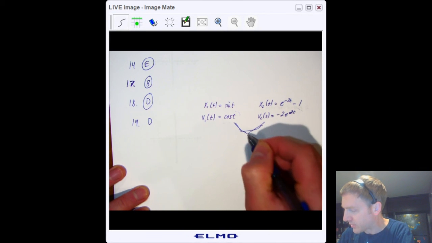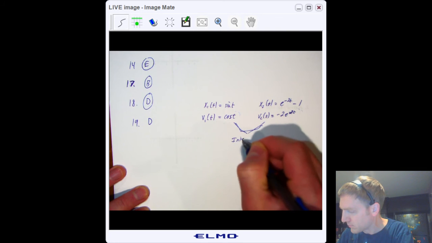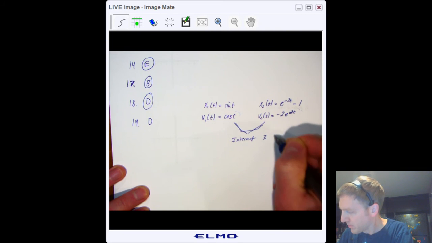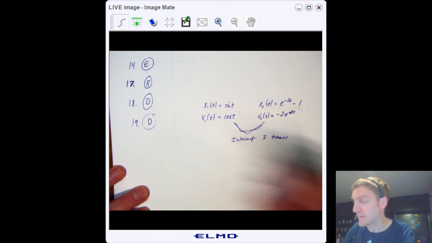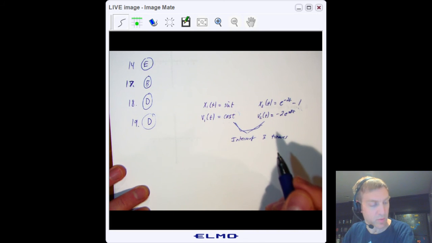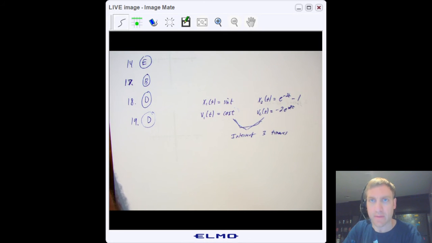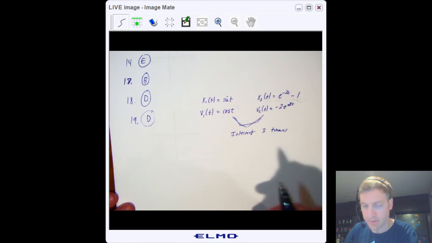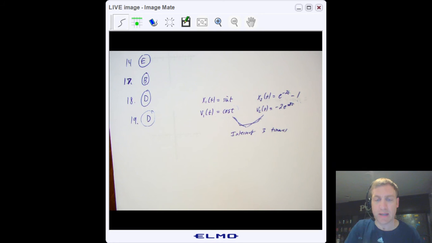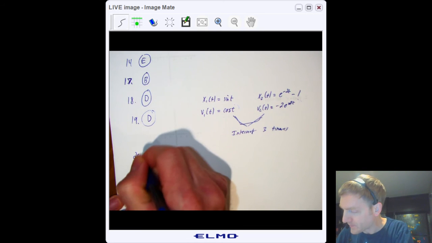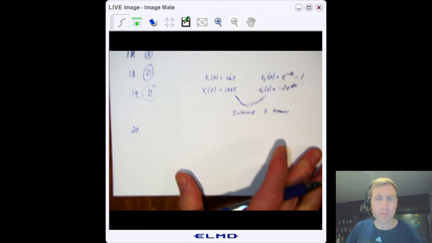These two graphs intersect 3 times, so that means they have the same velocity 3 different times, which is what it was asking. All right, so the key there was just taking the derivative, finding the velocity, and using your calculator to find out how many times those velocities were equal to each other. All right, number 20,